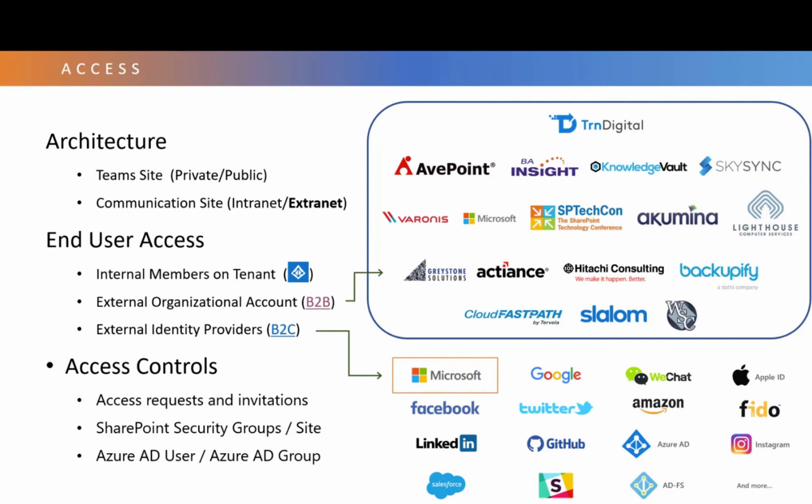The guest users: there are two different types of guest users. There's your external organization users. They already have an Office 365 tenant. A lot of our sponsors here would have their own Office 365 tenant. So we invite one of our sponsors by email. Chances are they have their own Office 365 tenant. They can accept the organizational account, and they can log in using their credentials at work.